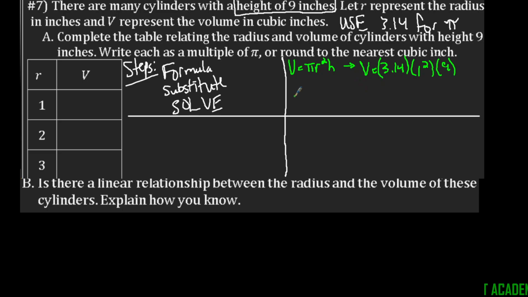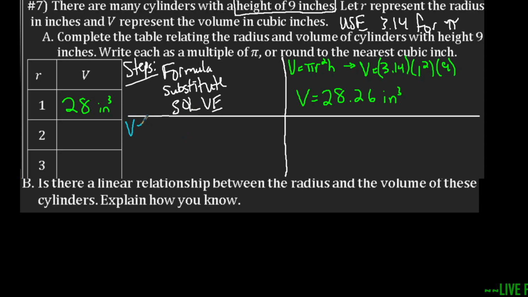So when I multiply that out, I'm going to say this is going to be equal to 28.26 inches cubed, which when we round, we're going to say that's going to be about 28 inches cubed. Then for the next one, for this one, we can say, all right, when r equals 2 now. So when r equals 2,